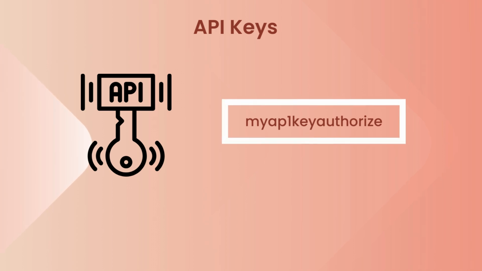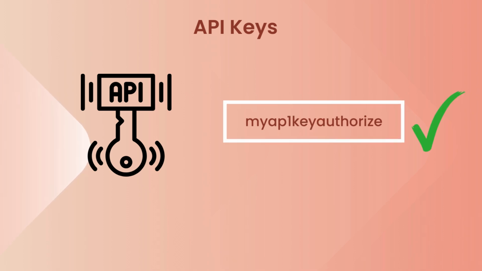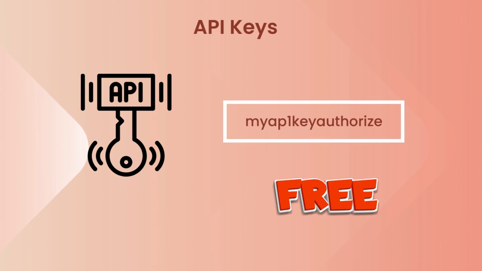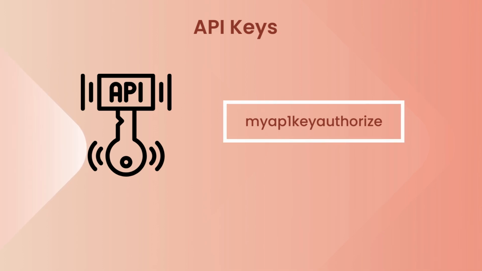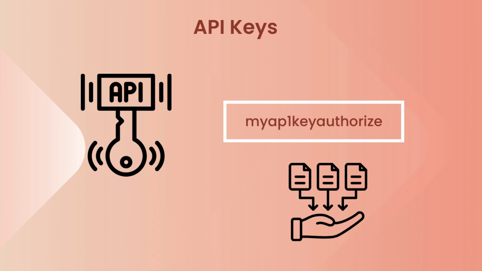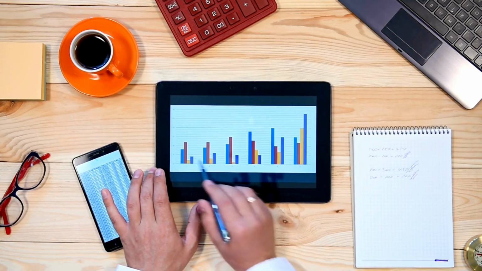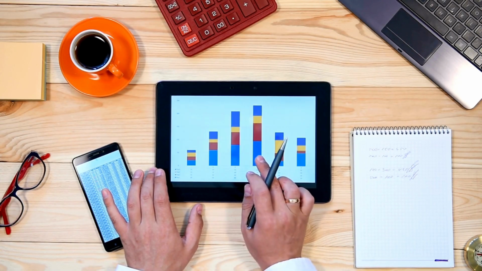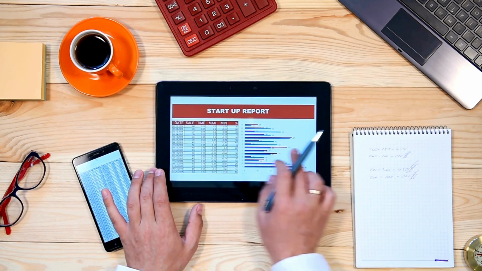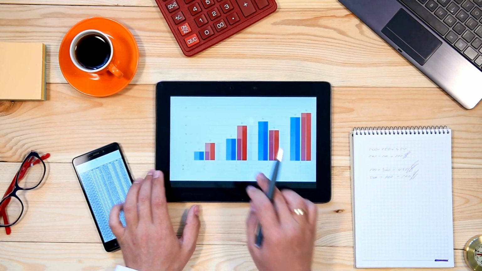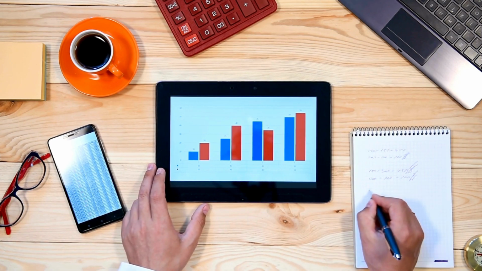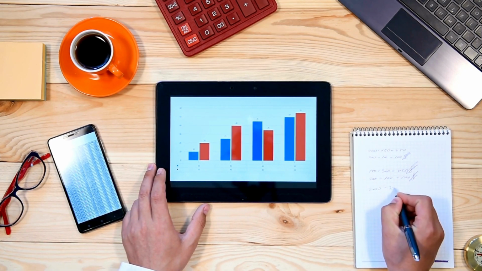Some APIs have no API keys, but mostly APIs have a key. Some APIs are free to use and some APIs that provide access to invaluable data are paid API keys. So there is a monitoring of all the activities through API keys, that is how the data is being accessed, and there are rules on how and what requests can be made through a particular API key.